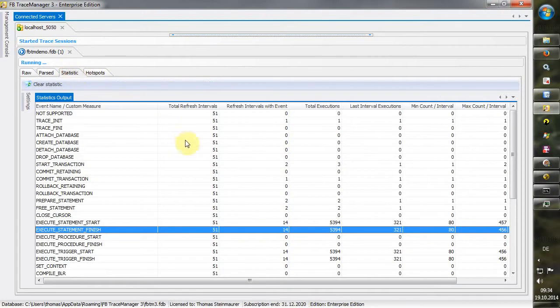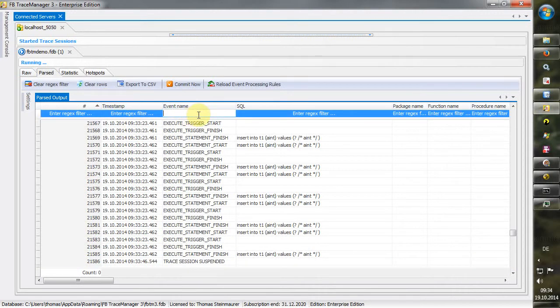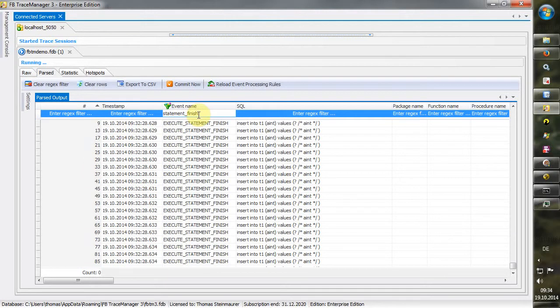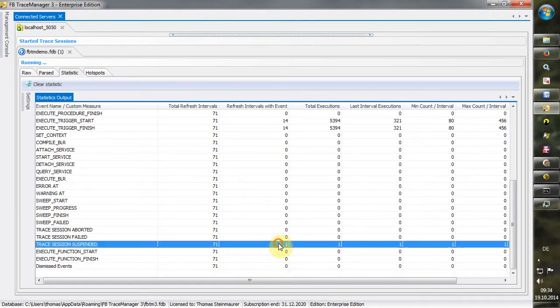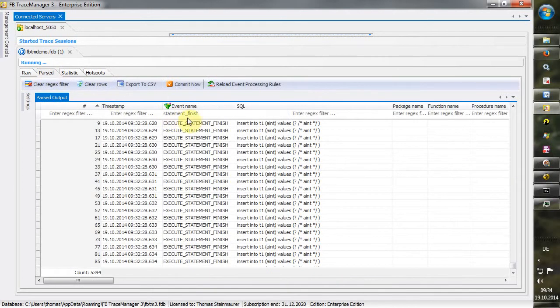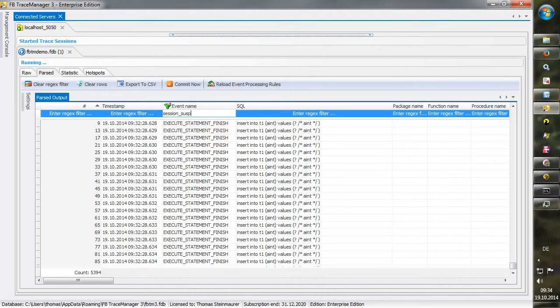So let's go back to the statistics tab, and we will see that although we have inserted 10,000 records, we only see the execute statement finish event name has occurred around 5,300 times. So if we again filter here for the statement finish part and do a count, that's a lot less than the executed statements. So what happened here? Basically there is an additional trace event here which tells us that the trace session has been suspended. So if we search here for session suspended,